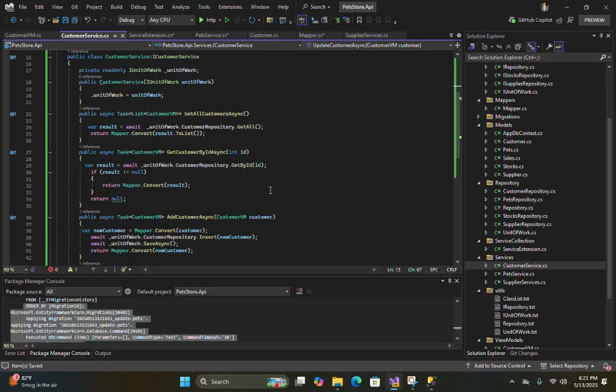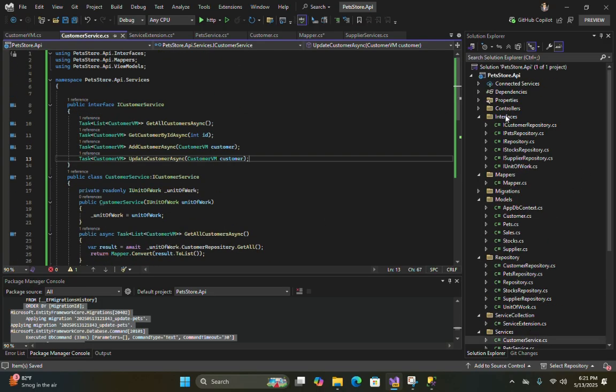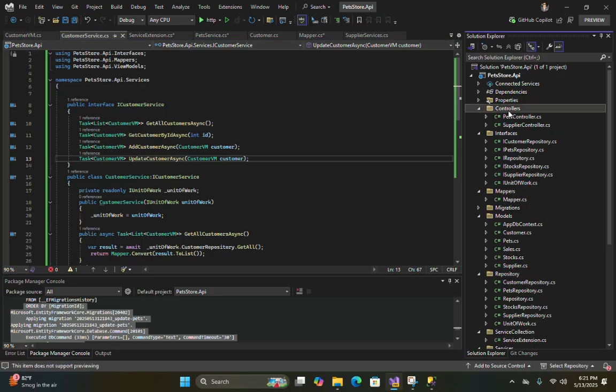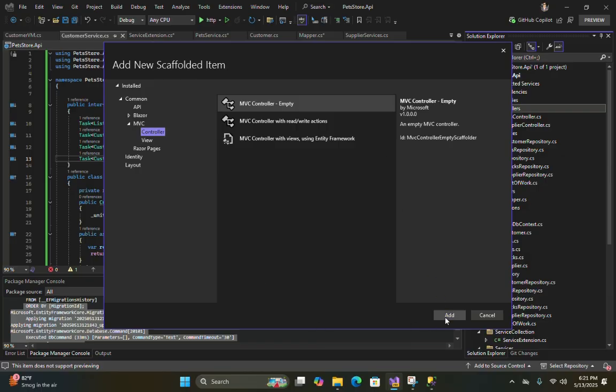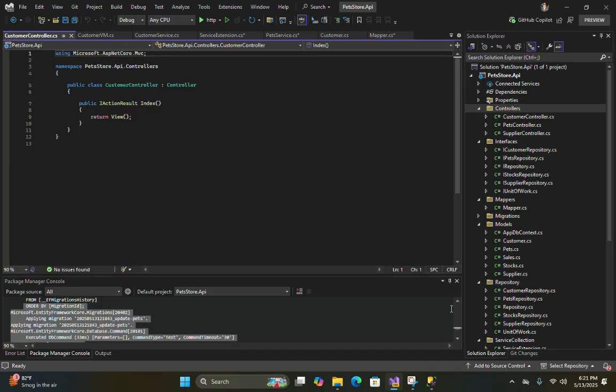Okay, now let's make the customer controller. Everything will be repeated like pets and suppliers. This is the beauty of C sharp.